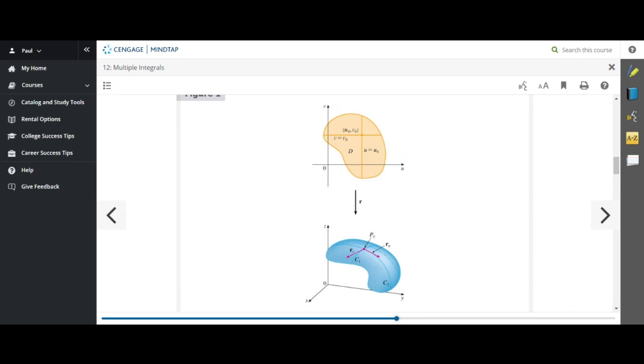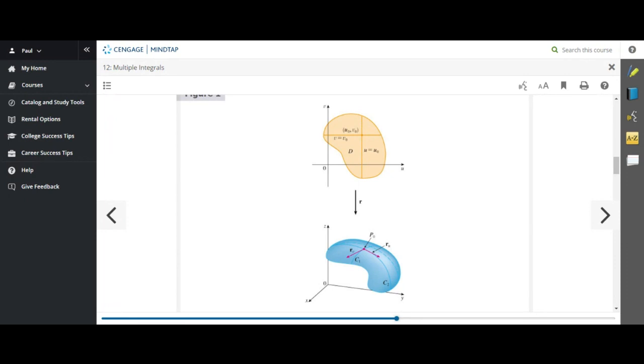On the other hand, if you were to set the variable v equal to a constant and let u vary, well, you're going to trace out a space curve